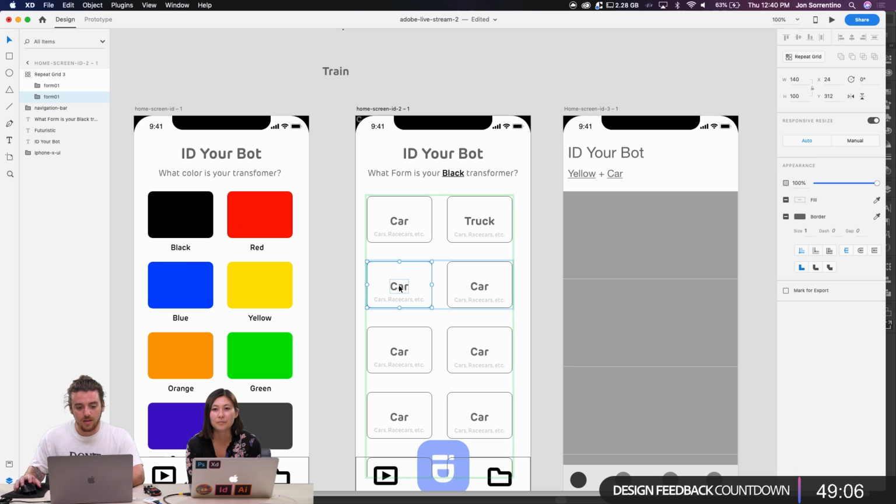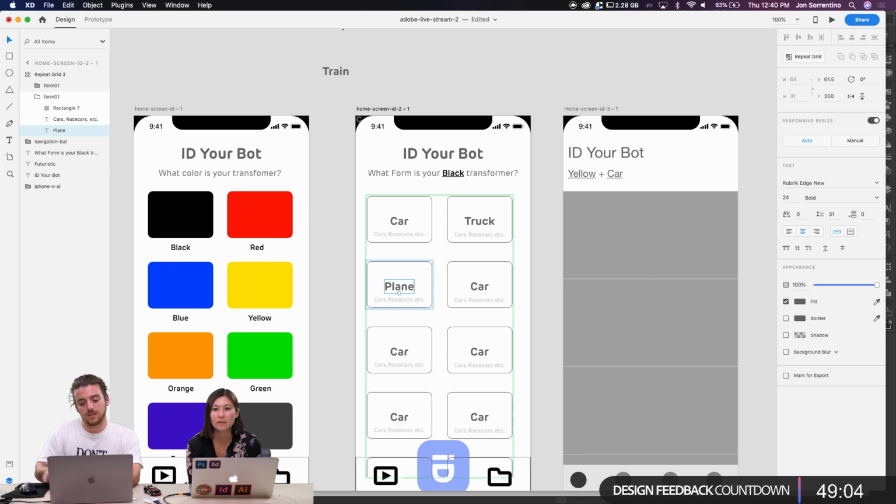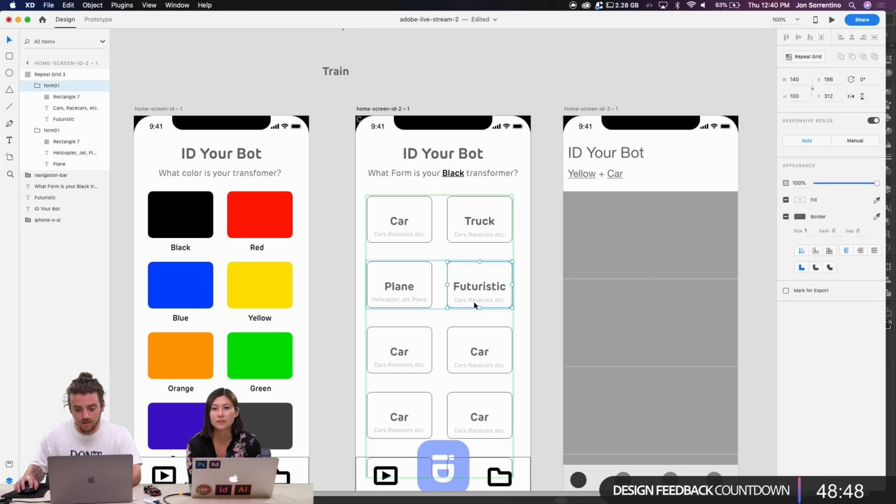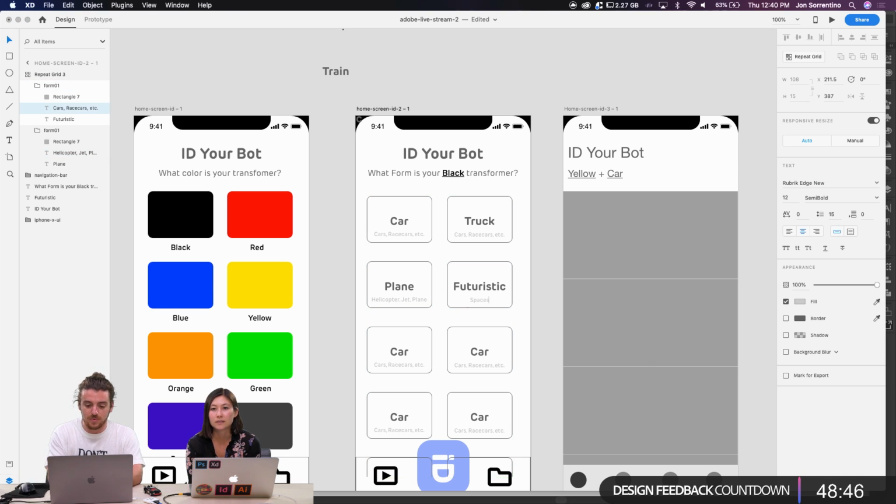Okay, so let's do plane, helicopter. I feel like helicopter and plane could be in the same group. So let's just do futuristic. Helicopter, jet, plane. Futuristic could be spaceship.